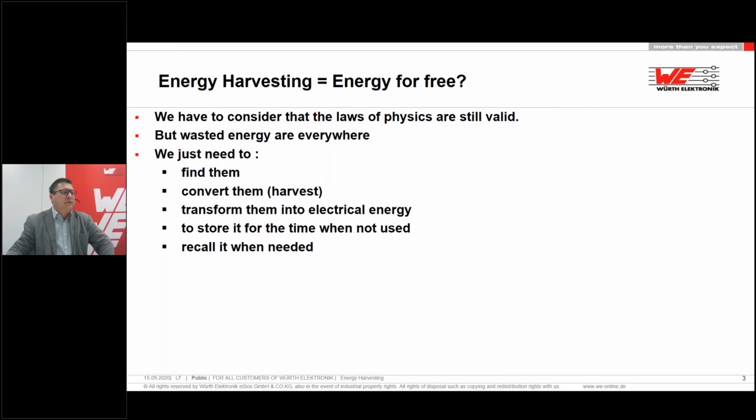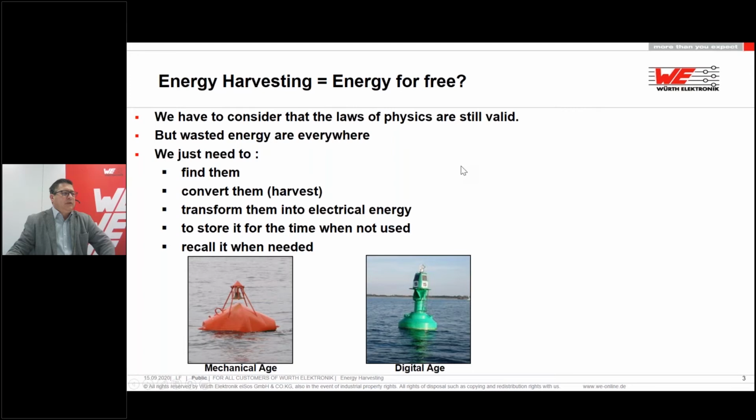First of all, you have to find which kind of energy forms are around you. Second, you need to transform them with a transducer or a harvester somehow. Additionally, you want to store the energy for the time when you're not using it and just recall it when you need it to operate. In the mechanical age, we did use that kind of buoy on the water when the